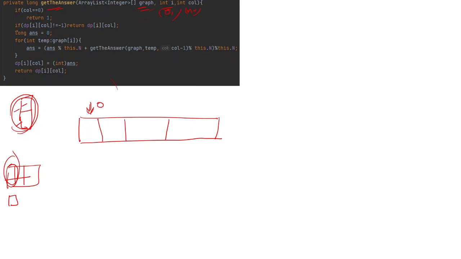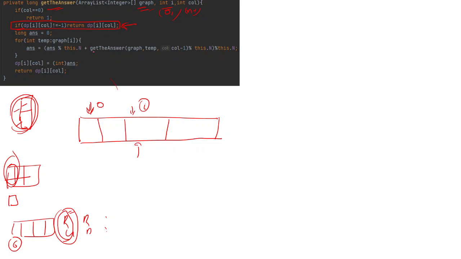The initial values that are passed are graph 0, and number of columns is n minus 1. See, this is the dp I have stored, like memoization, so that if we reach this particular column again with the same color, or we can say the same column and same i, like we got 6 different columns, RG, RB and those things. So if we have the same column to fill, in that case we will return it. Like this is just an optimization technique. This is easy to understand.